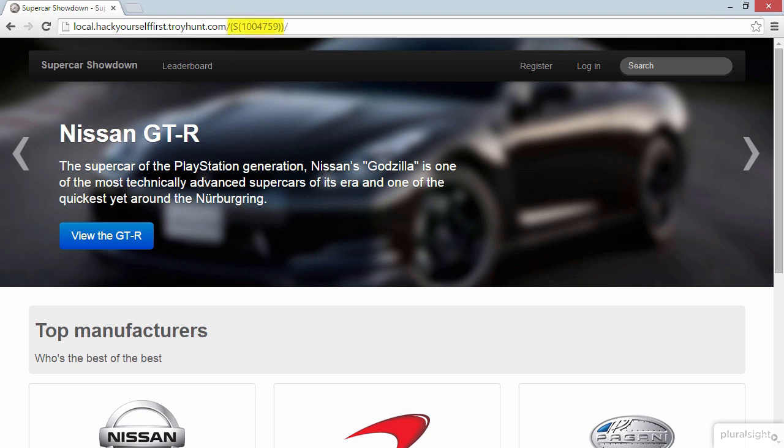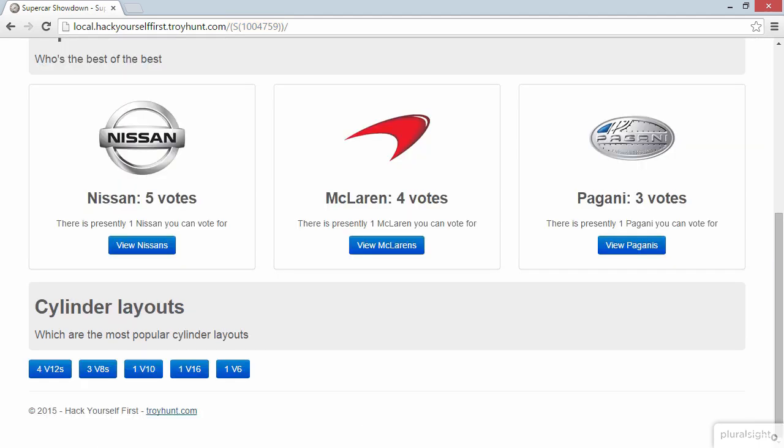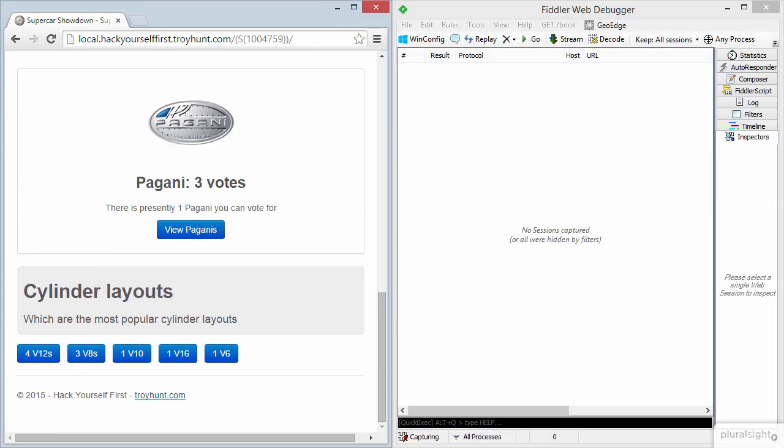I currently have the session ID you see in the URL here, the one ending in 759. Now I'm going to jump down to the bottom of this document, and you'll see down there that there's a link to troyhunt.com. Now what I want to do is show you what happens when I follow that link to this external website. And the way I want to do this is I'm going to snap the browser over to the left-hand side of the screen, and then on the right-hand side of the screen, you'll see I've got Fiddler